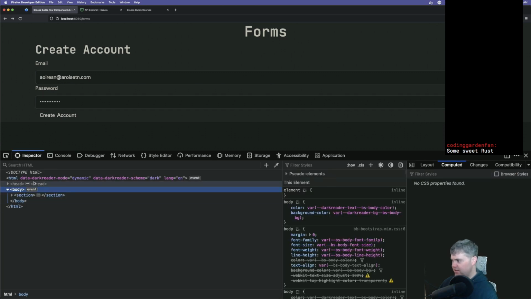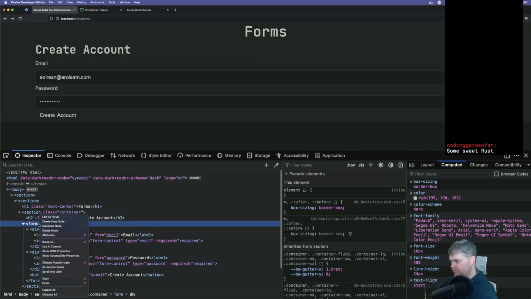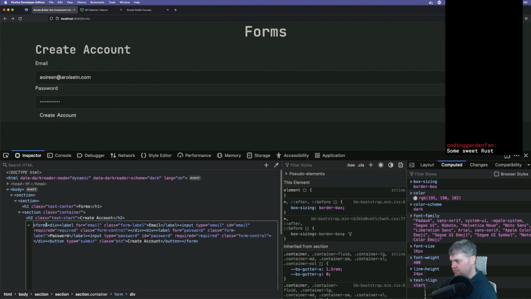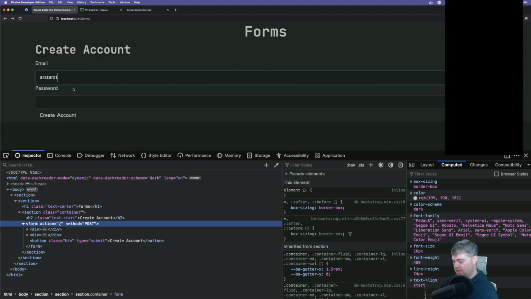So let's come back to here again. We need to find our form. Action equals that. Method equals post. So if I that